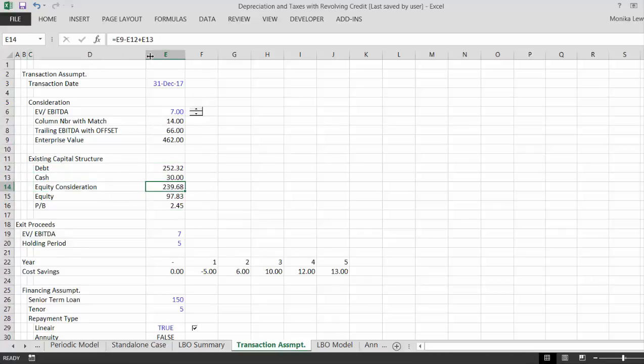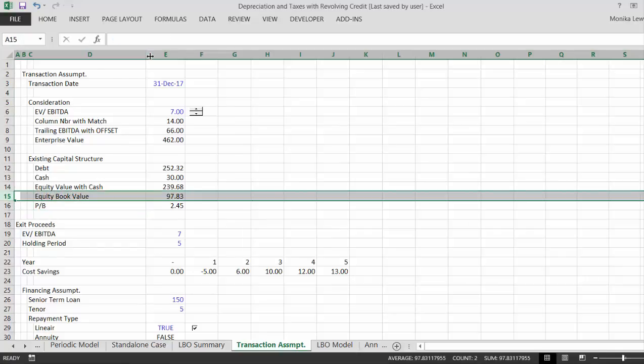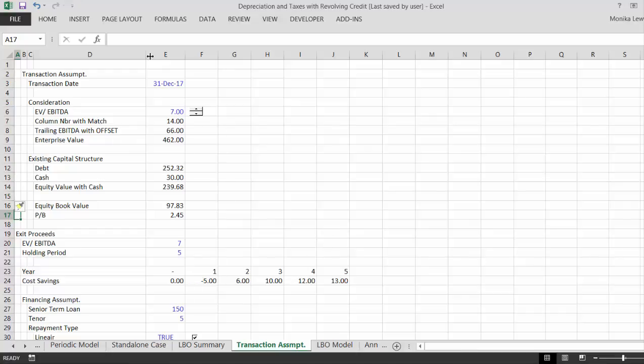Now our equity consideration here, equity, how about I'll put equity value with cash. Now this is what we were kind of doing, so that's the equity, and then the book value is this. So after we have that, we could compute some